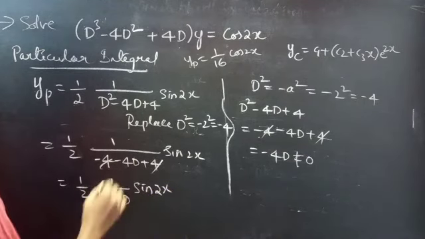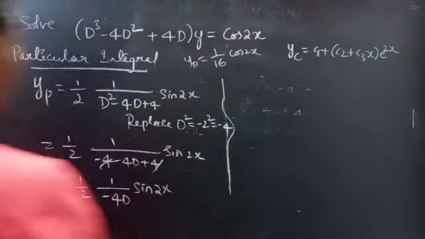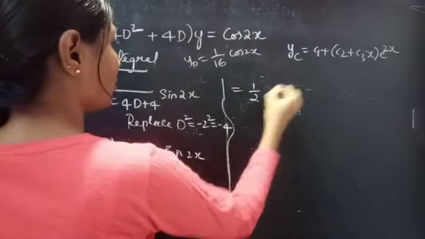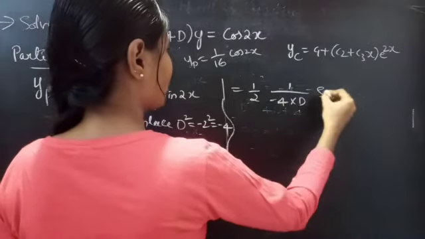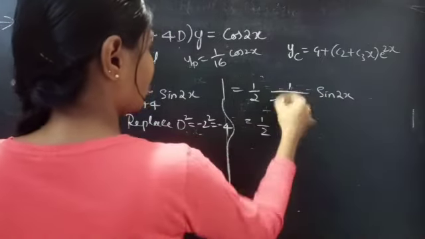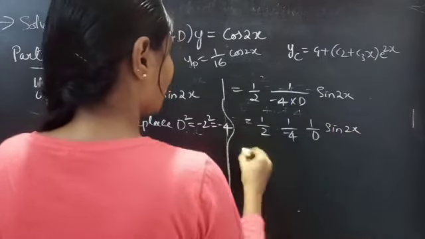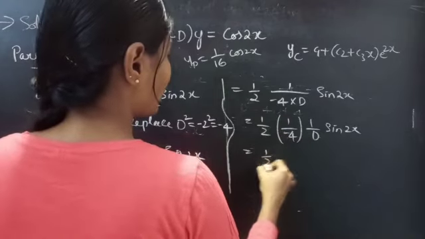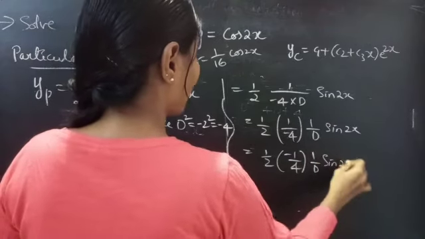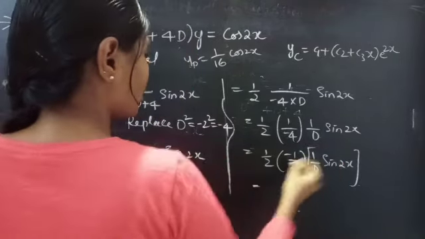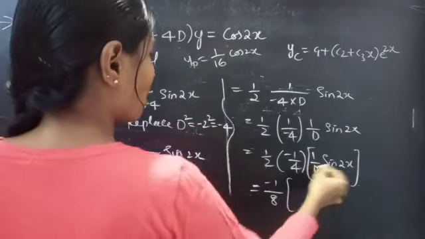Again, you can split 1 by minus 4D as 1 by minus 4 into 1 by D into sin 2x. We can write 1 by minus 4 as minus 1 by 4. So minus 1 into 1 is minus 1 by 2 fours are 8 into 1 by D sin 2x